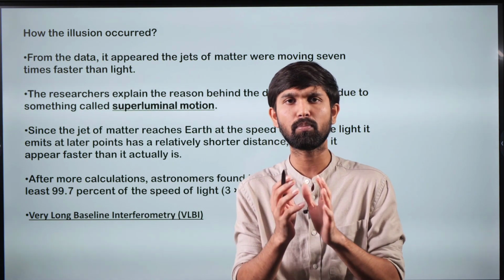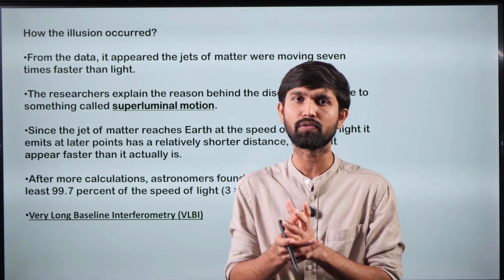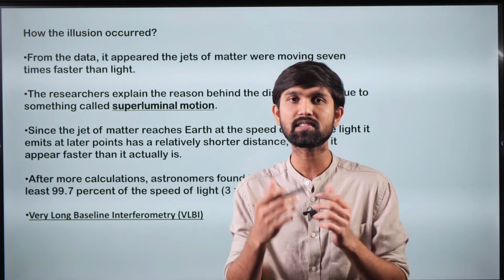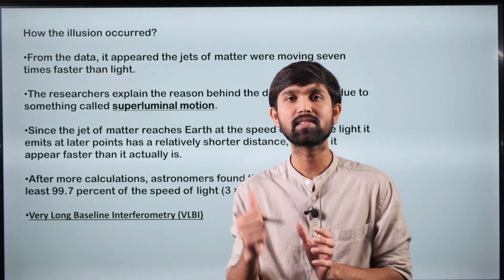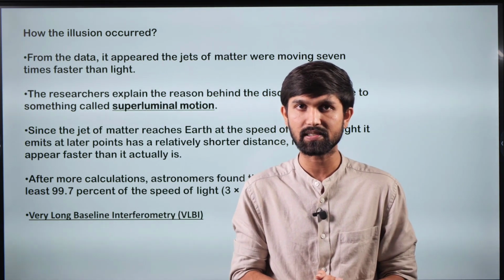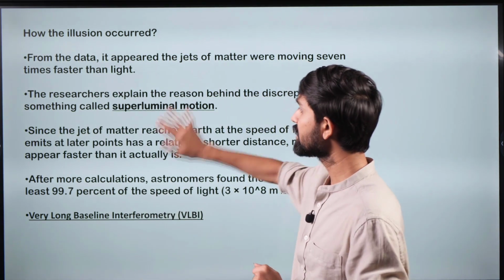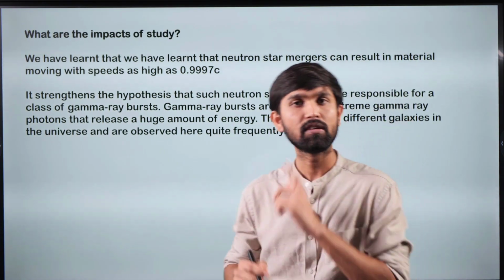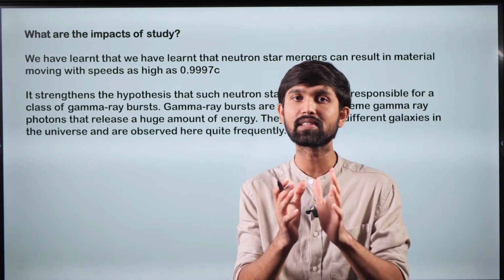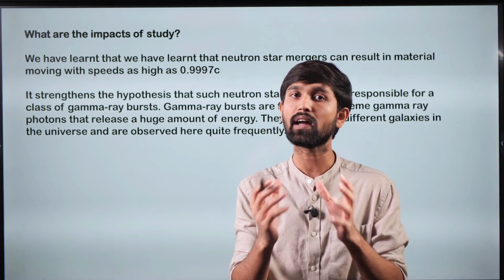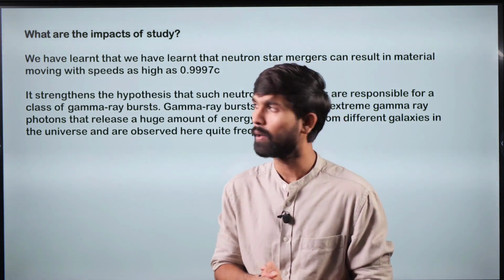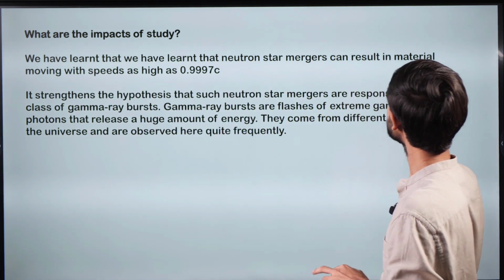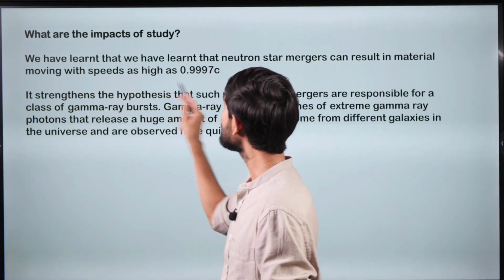So these are some of the important pieces of information with respect to this article. Mostly this information is important for us from the prelims examination point of view, where we should understand what neutron stars are, what happens when they collide, what this illusion is, and what was the reason behind this illusion. So after understanding this article and the study, what is the significance of this study? First significance is that we got to understand that neutron stars when they collide create a massive black hole. And we also learned that neutron star mergers can result in material moving at speeds as high as 99.7%,